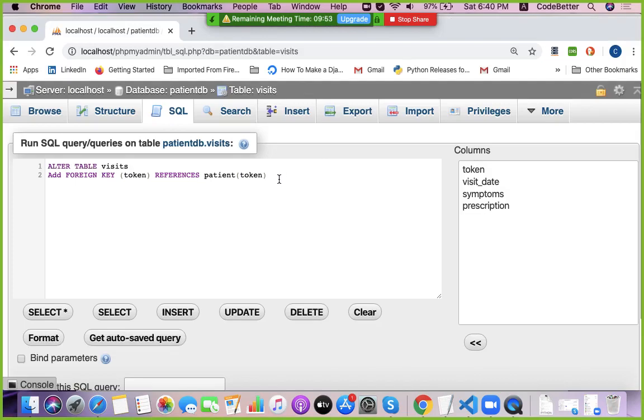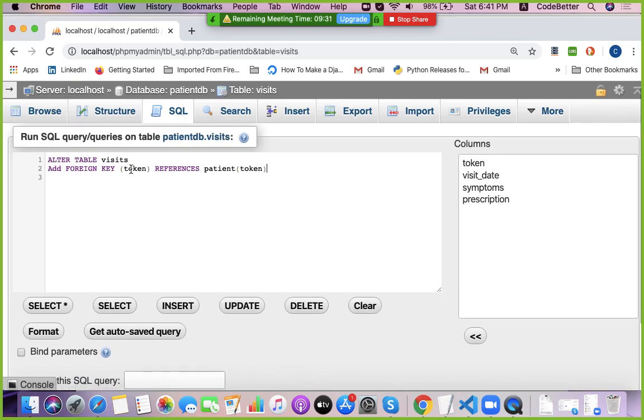So the token column of the patient table is referred to here as a foreign key in the token column of visits. If we add this rule, the token column of visit is taken as a foreign key from the token of the patient table.